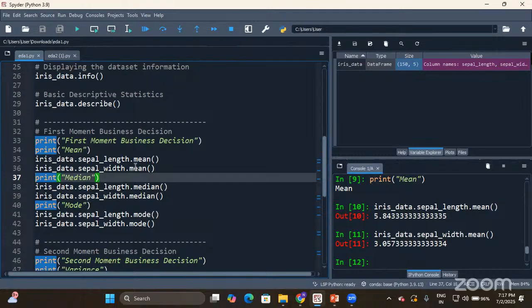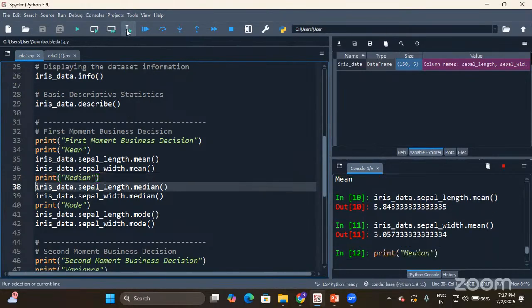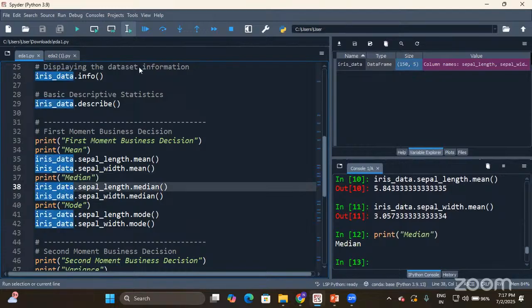Then I want to go with median. So let me get the median results, guys. Print of median. Median gets printed. In order to calculate median, what am I doing? The syntax is same. Just replace the function. Instead of mean, I'll replace it with median.